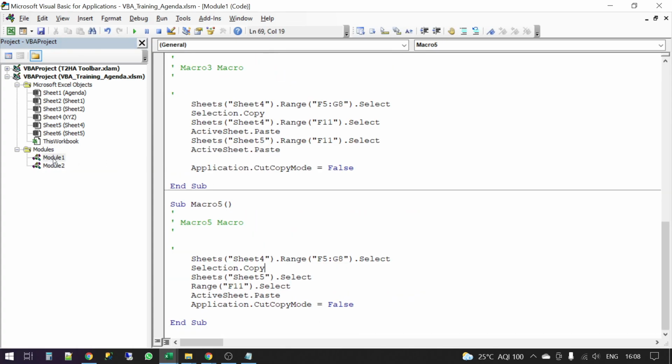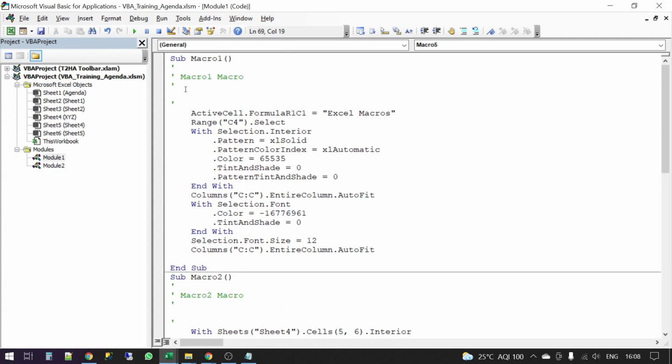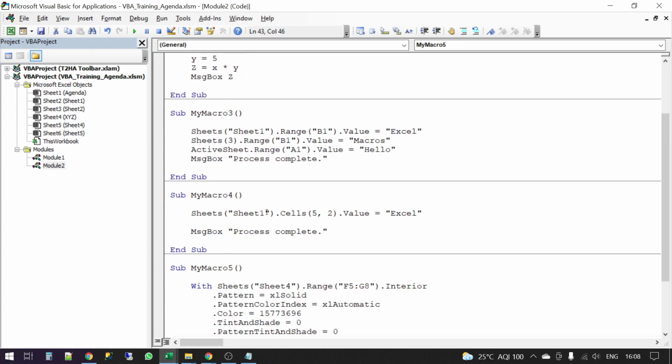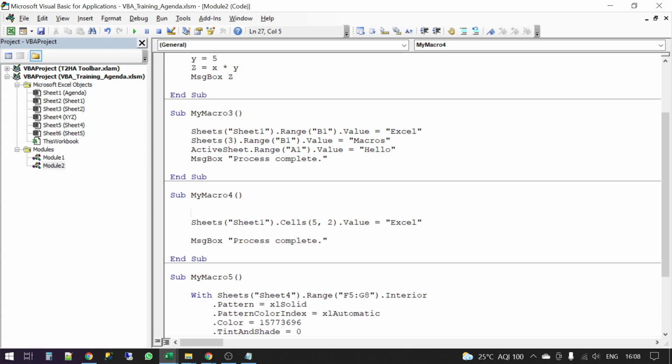If you see, there is something in green color that has come here automatically, right? Since we recorded the macro, something came by default, but this means that this is a comment, which humans can easily understand. Whenever I write a comment, I start with an apostrophe. Anything that I write after the apostrophe will not be read. It will be considered a comment.